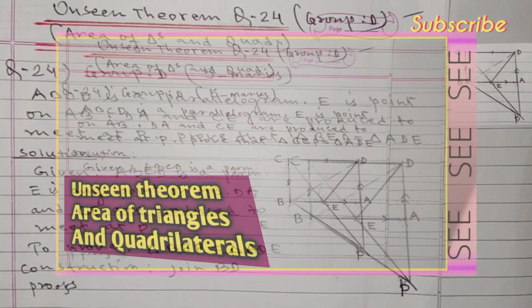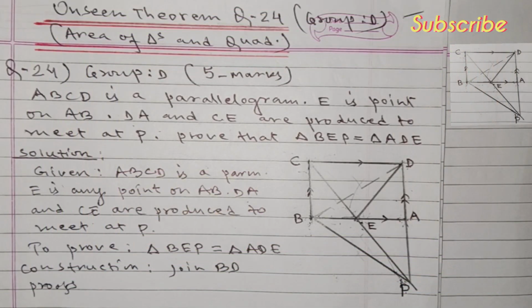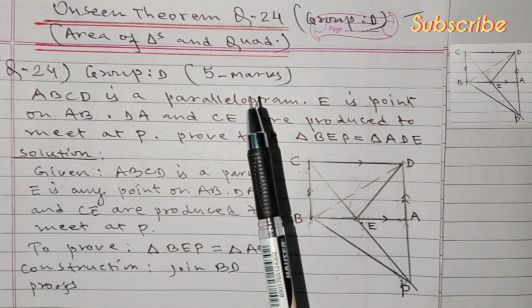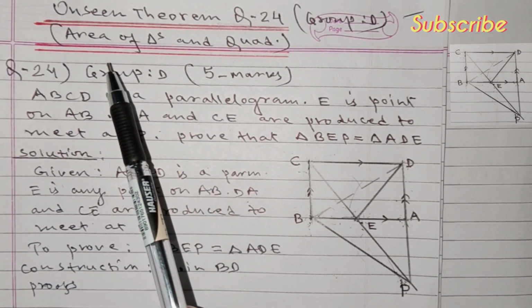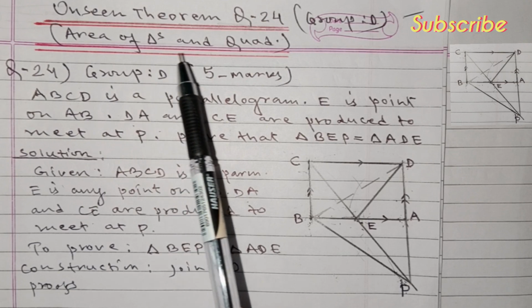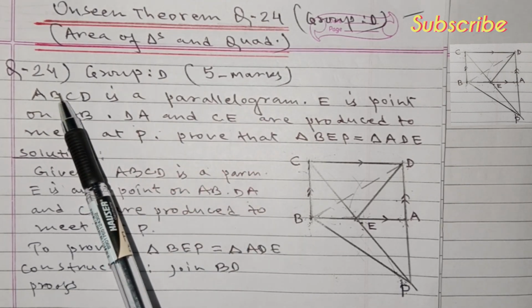Today in this video, we are going to discuss one of the most important questions which is frequently asked in the Unseen Theorem, question number 24 in the SEC examination. Dear students, this question is from the chapter of class 10, area of triangles and quadrilaterals. The question is